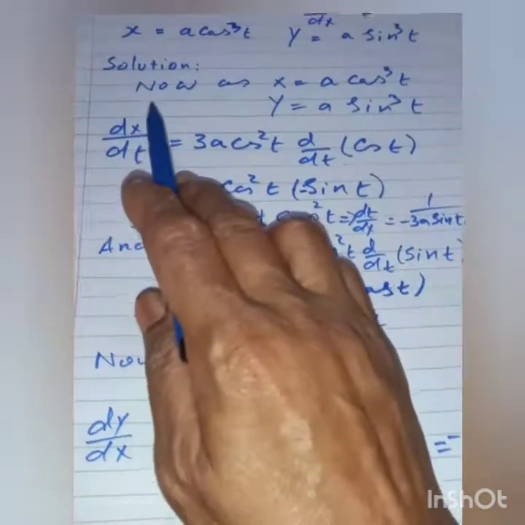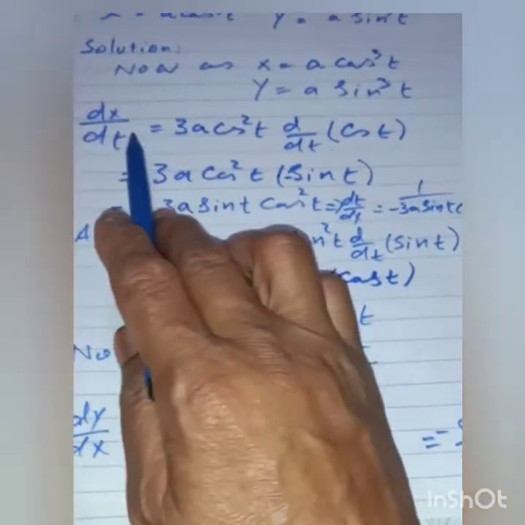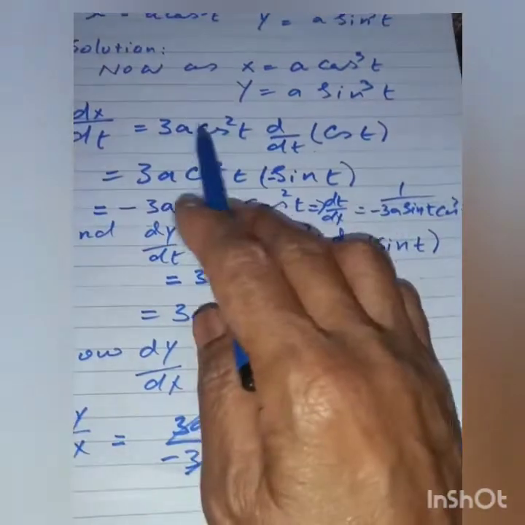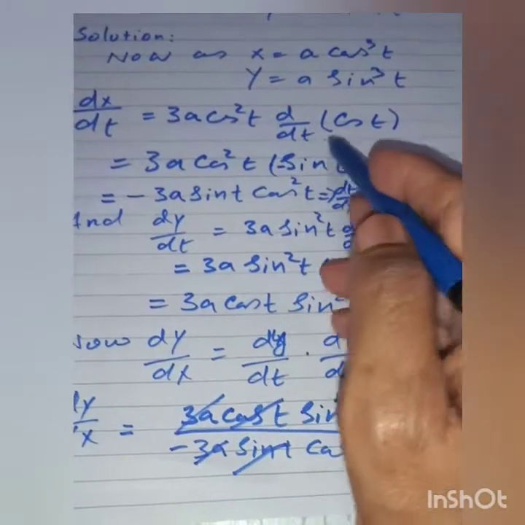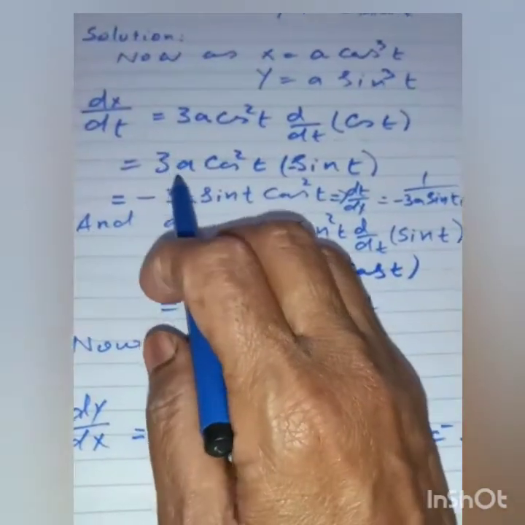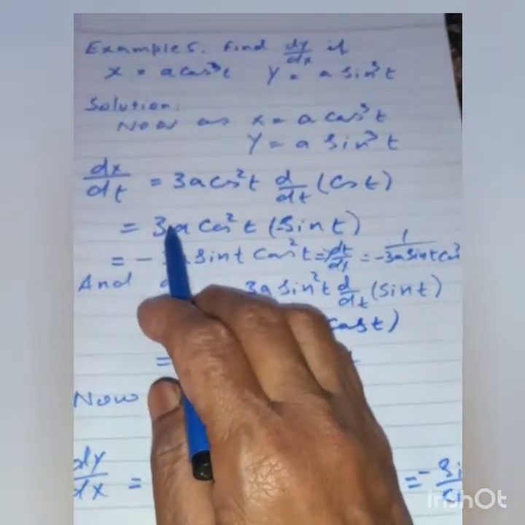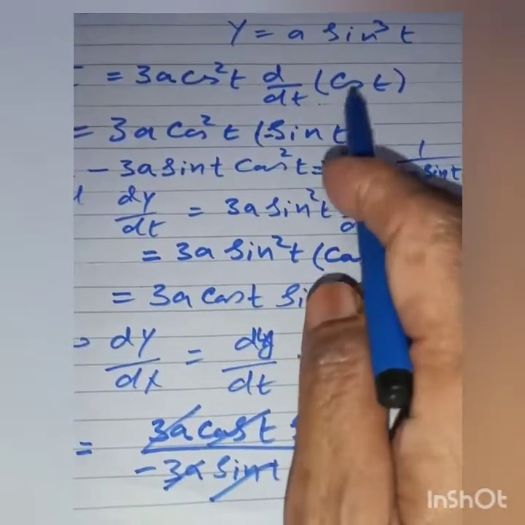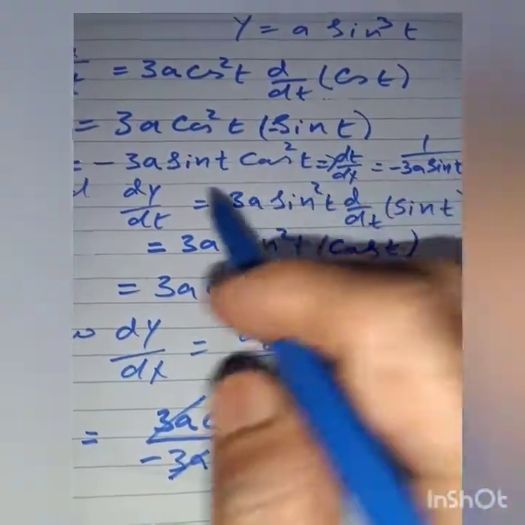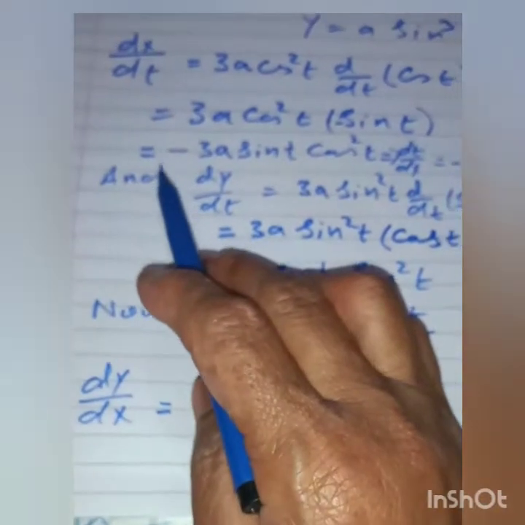so dx by dt, first we take the derivative with respect to t, then we get 3 times a into cos square t into d by dt of cos t. Similarly, this will be equal to 3 times cos square t into minus sin t, as the derivative of cos t is minus sin t, so it will be equal to minus 3 times